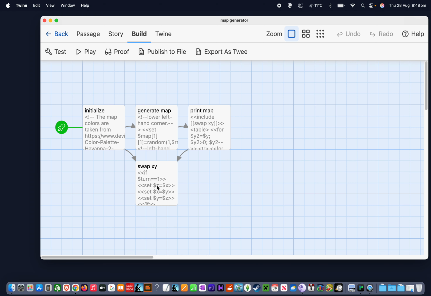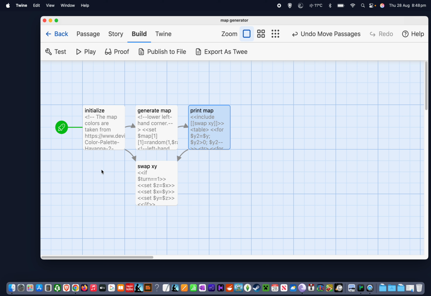I will say before we start, there's a fourth passage, because we have some code that is identical in this passage and this passage. And as usual, when you have identical code, the most efficient way is usually to have that code in a separate passage and have an include command that calls that passage in the two or more places where you're using the code, rather than type out the code